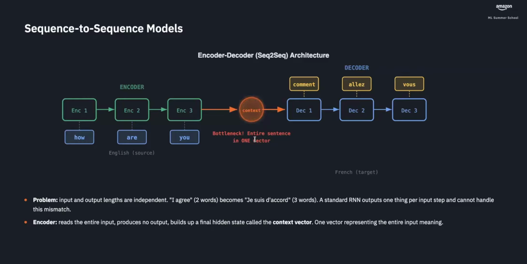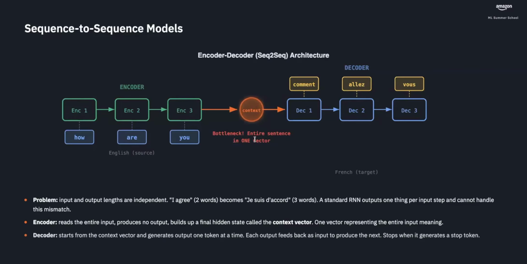It is a standard RNN, could be an LSTM, could be a GRU that reads through the entire input one token at a time without producing any output. It is purely reading and building up its hidden state. Every word it reads, the hidden state updates to incorporate that new information. By the time it has finished reading the full input, its hidden state contains a compressed representation of everything it saw. The final hidden state is the context vector, one vector supposed to capture the meaning of the entire input